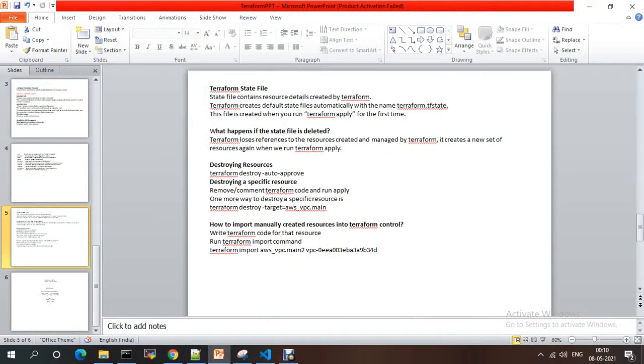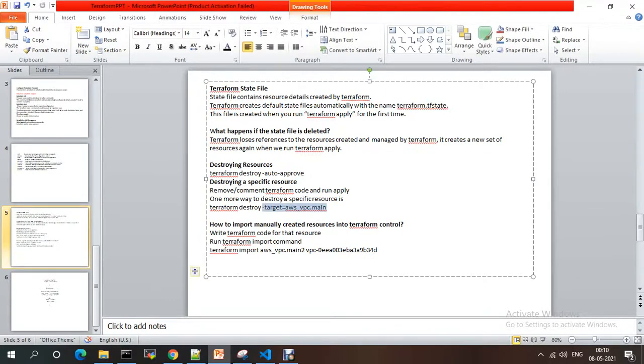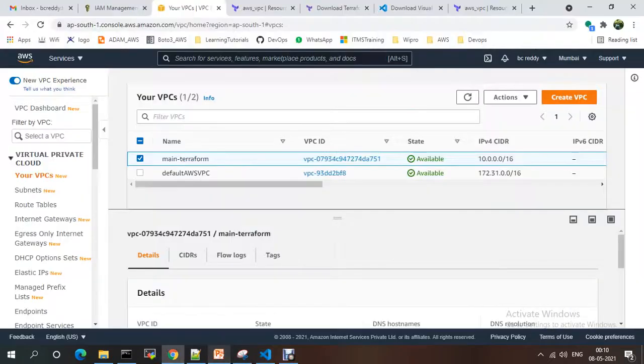Now if I want to destroy a specific resource, instead of terraform destroy, which destroys everything completely, I need to provide terraform destroy and the resource logical name.